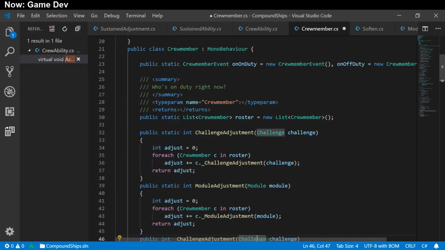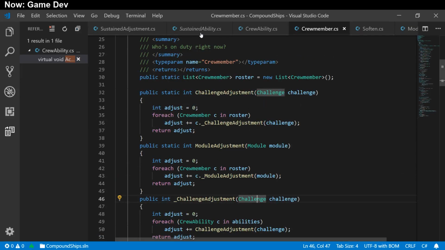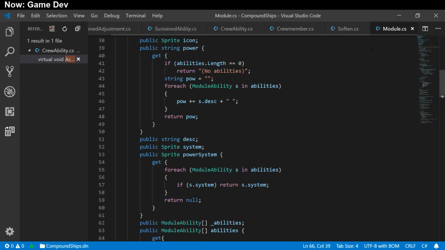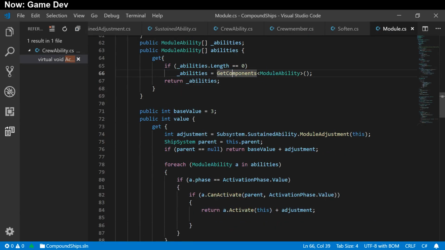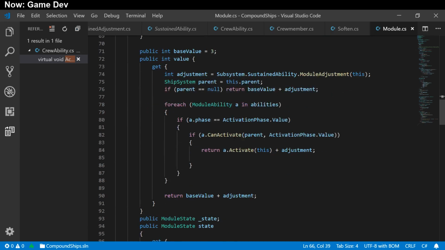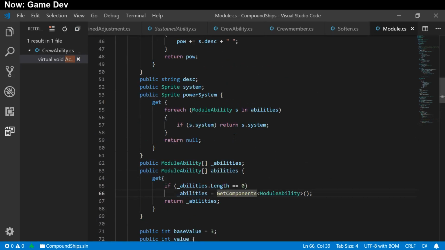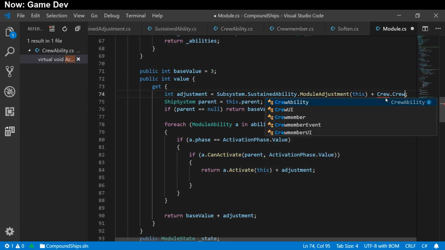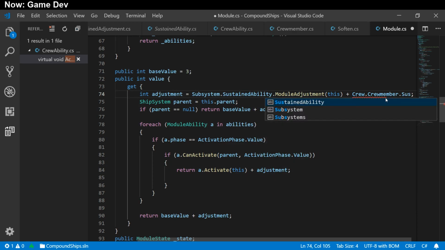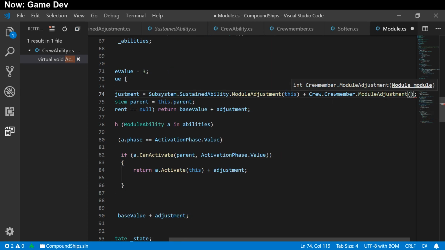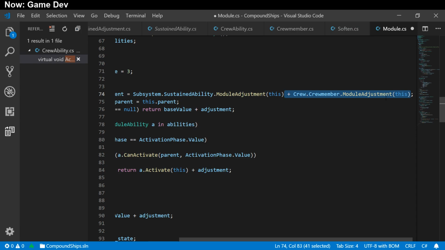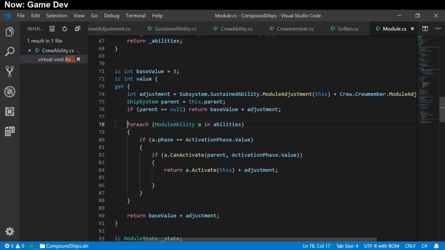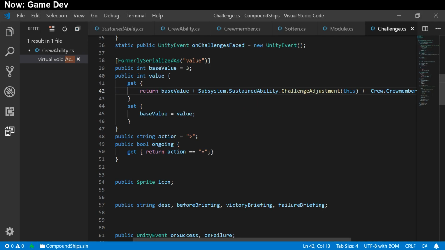There we go. Now the last thing we have to do is actually add that call to the places where we need it, and that's going to be here in module.value and over in challenge.value. So let's just look for value here. It's here somewhere. Here it is. And we're going to just add it together with crew dot crew member dot sustainability. No, dot module adjustment. There we are. And of course, that's the extent of it there. But we also have to go over and make that change in